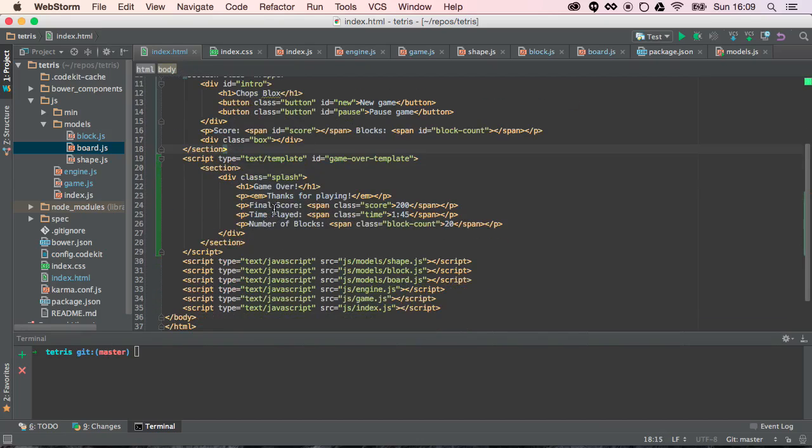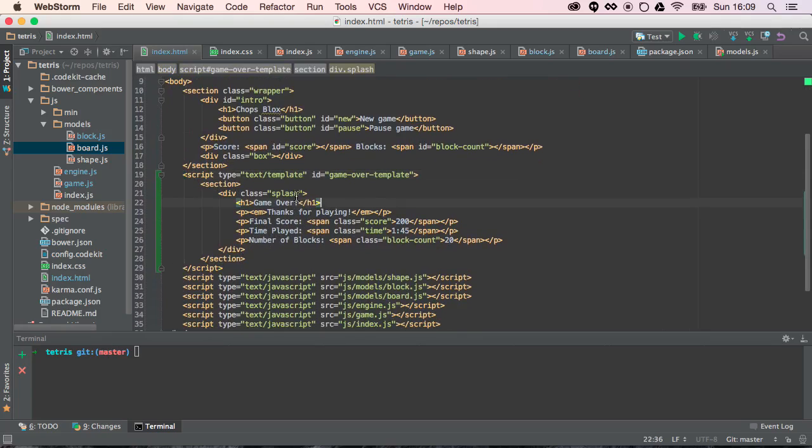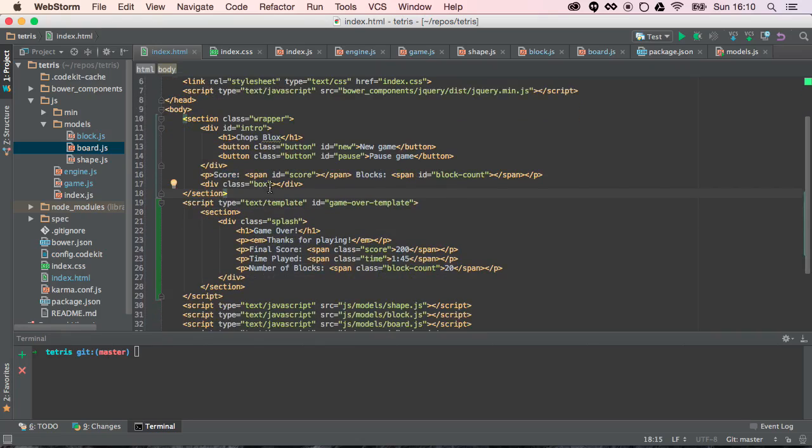Okay, why did I go through this? Why did I create this piece of code here? The reason is because then we can use jQuery to go game over template .html, and it gives us our template. And then we just do our small replacements, and then we shove it on the page. So that's going to be actually very simple. So what I'm going to do is